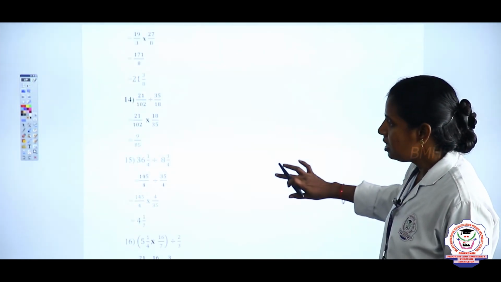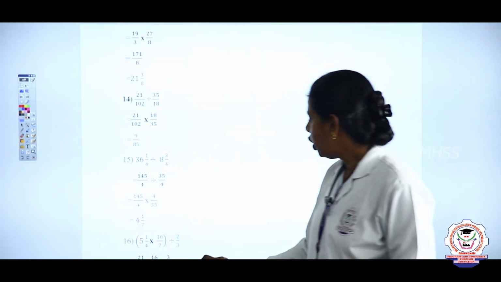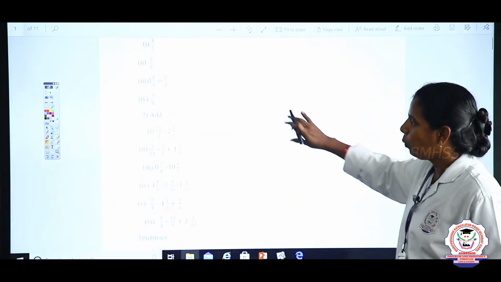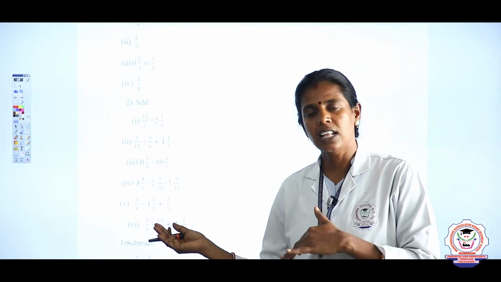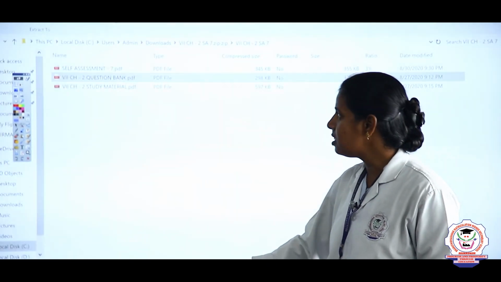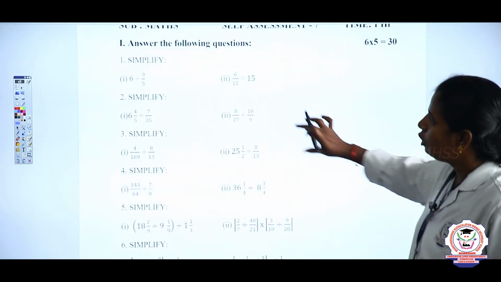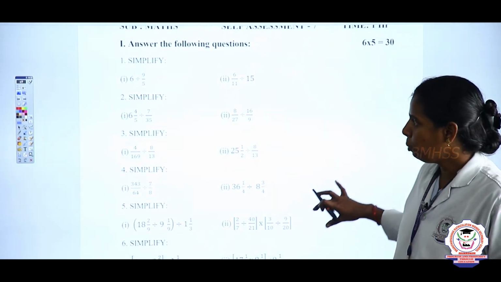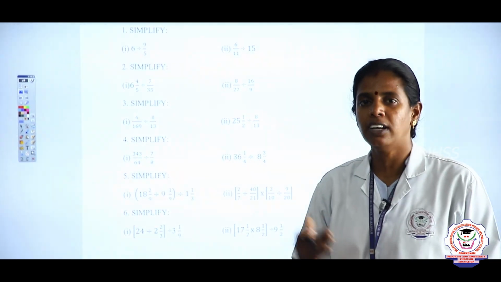Okay. Using this you can practice, and if you want to practice without seeing the answer, you can take the question bank. In the question bank you will have only the questions like this. So using these questions you can solve first and then see the study material, and you can check your answers too. After you are practicing this, you can use this self assessment question paper which is attached in the description box. In this self assessment related to the division of fractions, you will have a few problems like this, and you can solve them and evaluate by yourself how much you have learnt in this session.